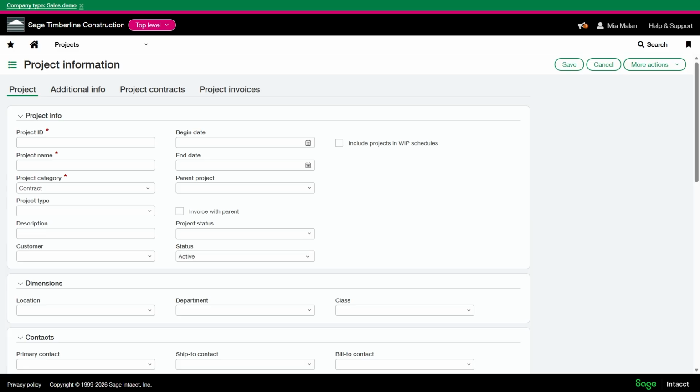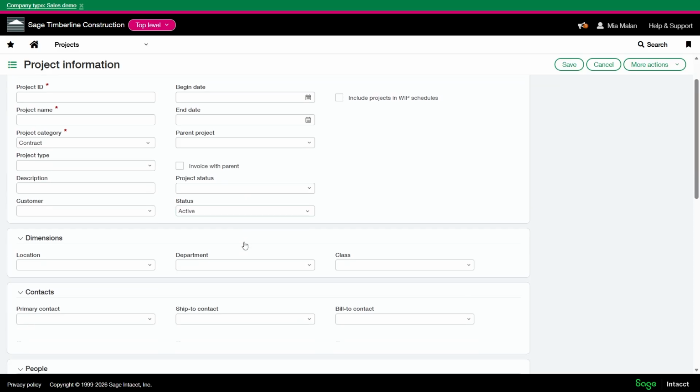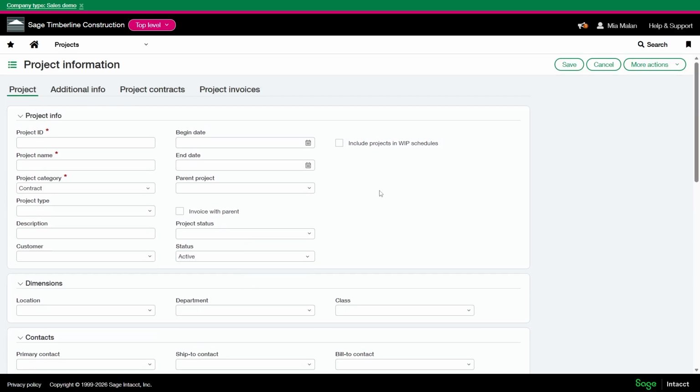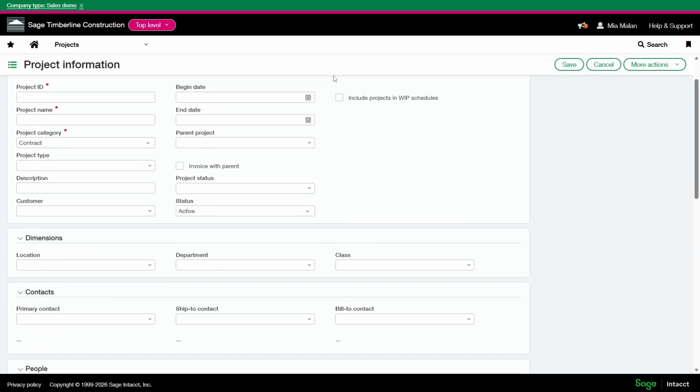Custom fields allow you to extend Sage Intacct's objects, like projects for example, with additional data fields that you define yourself. Using an easy-to-use wizard, you can add fields tailored to your business-specific needs without any complex configuration. For construction projects, that might mean adding fields to the project setup page like project address or tax exempt, maybe certified payroll. These are just some examples here.